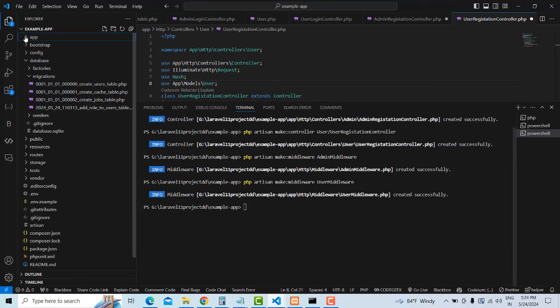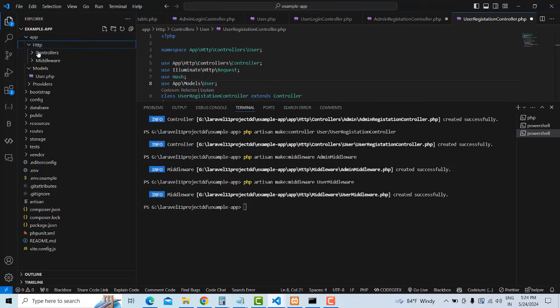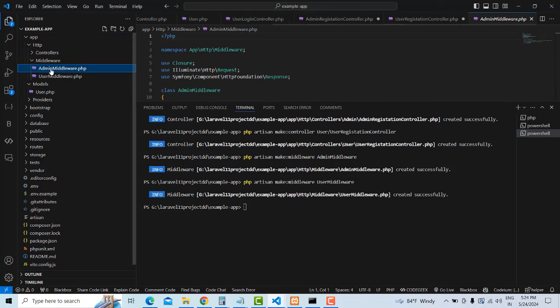You can see the app folder and the database folder. You can see it is created. This is the Laravel project, example app, HTTP, middleware. Here it has HTTP, and here middleware. It's created: admin middleware and user middleware. Here we have to make the